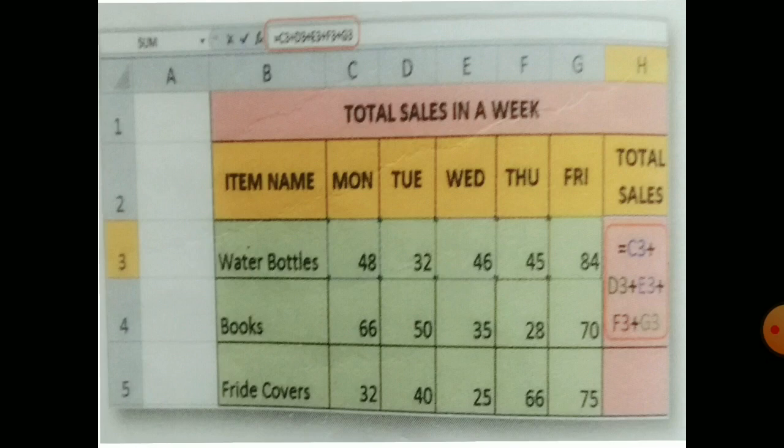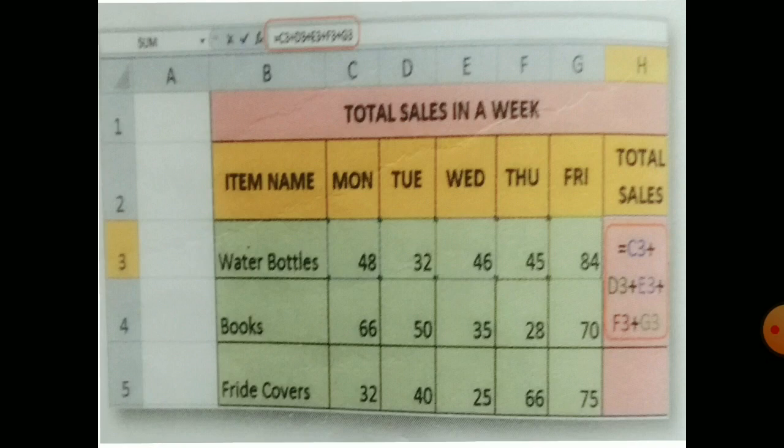Where you want to display the result, you write the formula in that particular cell only. The formula always begins with an equal sign. So here you can see equal is there, then C3 for the number 48. The address of that cell is C3, column is C and row number is 3. Like this, D3 for 32, then E3 for 46, F3 for 45, and then G3 for 84. Like this I have given the cell reference for all the digits.